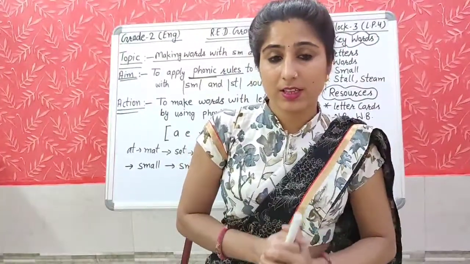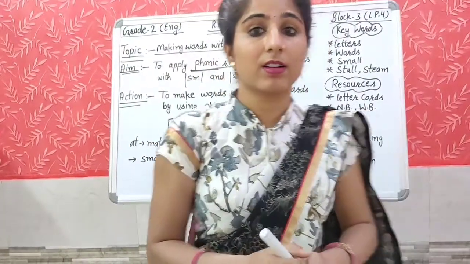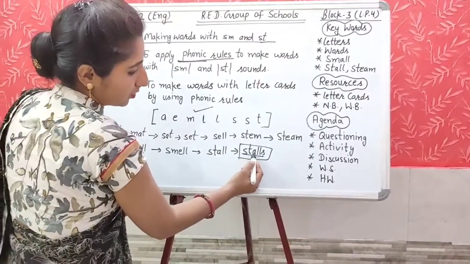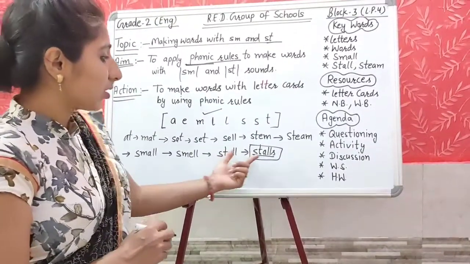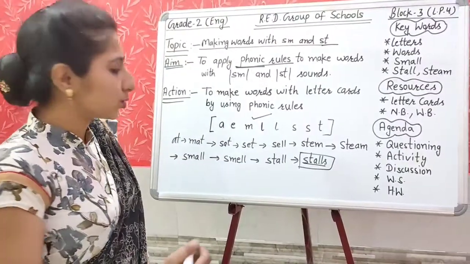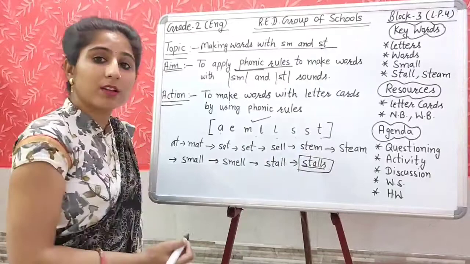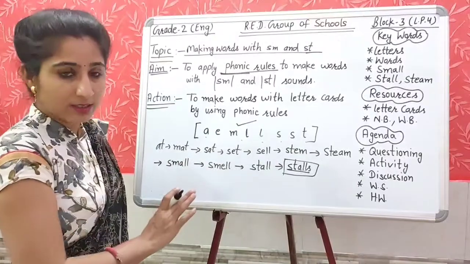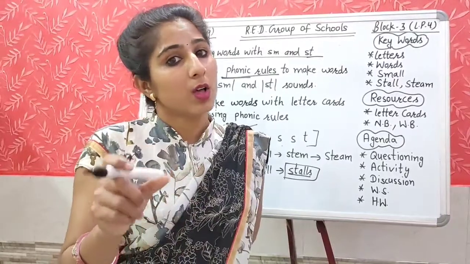Now my next question is, can anybody make a bigger word than stoles by using all 8 letter cards? The word should be bigger than this stoles. 1, 2, 3, 4, 5, 6. Here I have used 6 letter cards. So now you have to make one more longest word. So what would be the answer? By using all these letter cards, can you make a word? That word must be longer than these. Yes, friends, please pause the video and use all the letter cards to make a longest word.